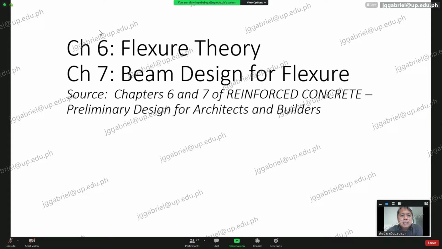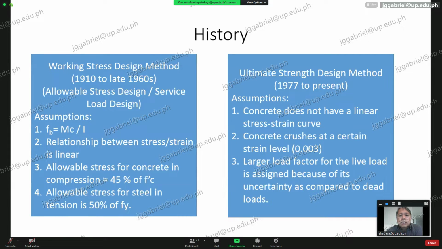Okay, chapter 6 is entitled Flexure Theory, and chapter 7, Beam Design for Flexure. So chapter 6 mostly is determining the bending forces or bending stresses. Their history,